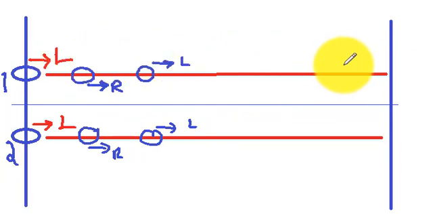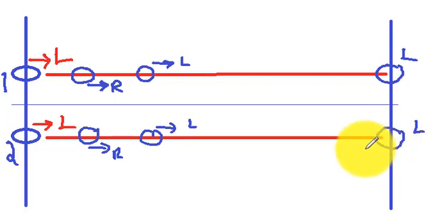Assume that they have an even number of steps here. Then if they take an even number of steps, when the first robot reaches here, definitely he will have his left hand in the front, even after an even number of steps. And this will also have an even number of steps here. You can see they started in the same phase. They took an even number of steps. So here also they are in the same phase.